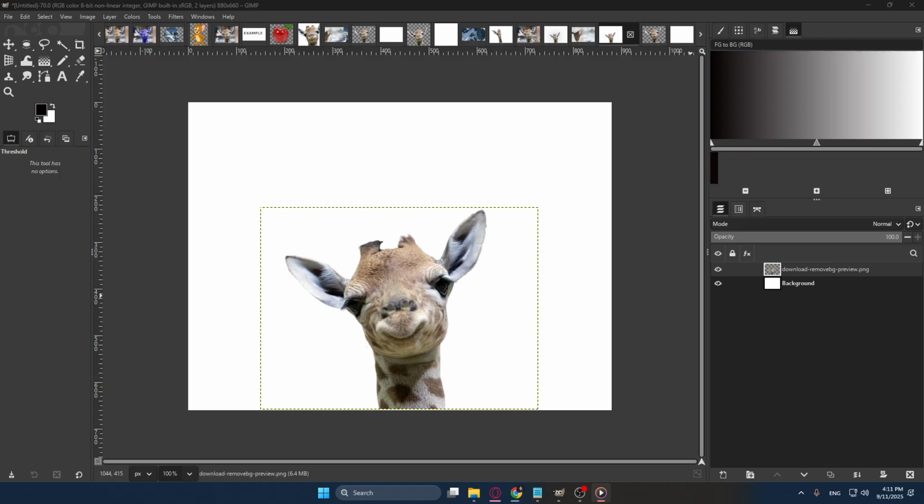First, let's begin by launching GIMP. Once the software is open, you'll see a blank workspace. This is where all the creativity happens. You can either start a new project or open an existing image you might want to edit. At this point, you should have your image open in GIMP, ready for any adjustments or enhancements you plan to